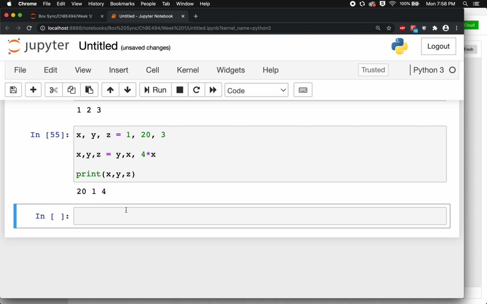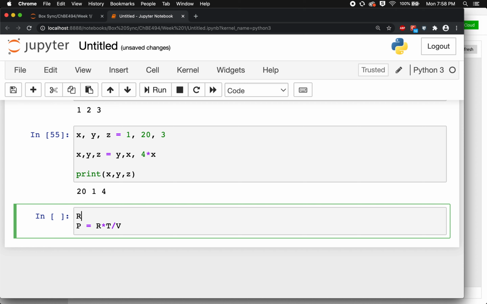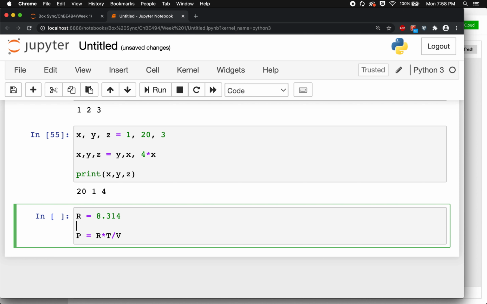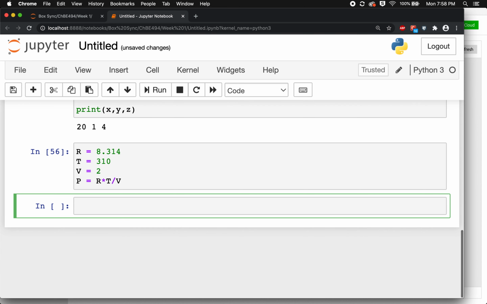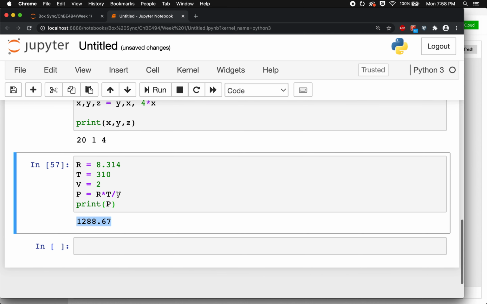So in general, you can set variables equal to another, right? So we can say p is equal to rt all over v, right? That would be a formula, so I could always write this. And maybe, I forget the units here, but 8.314. And then my temperature, I got to do Kelvin, so let's do 310. And volume, I don't even know what the units are here. Let's assume it's liters. And then I'm going to get some pressure. I forgot to do the print. So I'm going to print P. And then I'm going to get the pressure, and I have no idea what these units are,